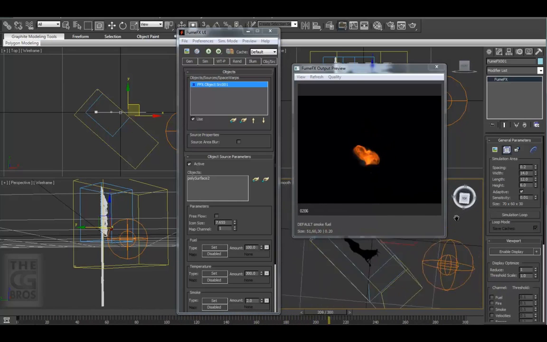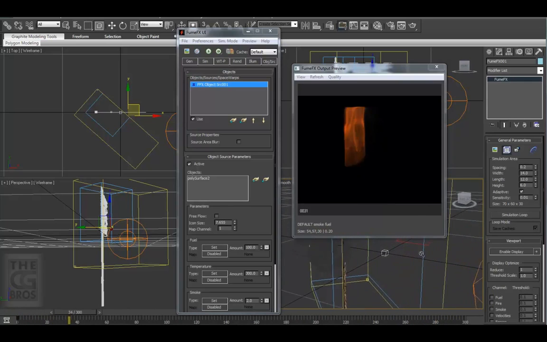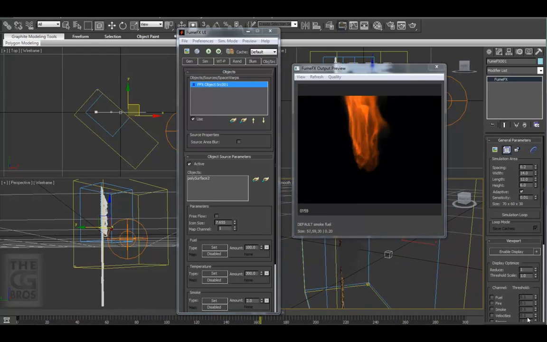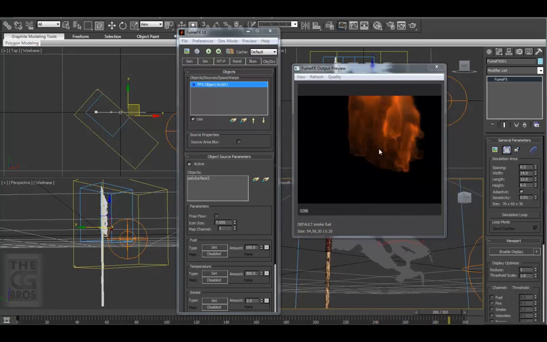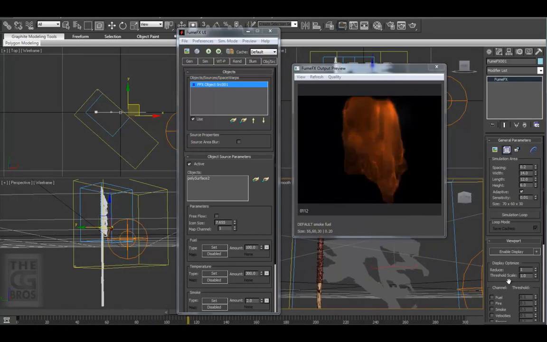I want to show you that you can also navigate the viewport and see the preview updating in real time, even while the simulation is in progress. That's pretty cool. We can immediately see that while there is some promising motion, there isn't very much detail. So let's start tweaking. Let's move over to the Sim tab in the Fumefx UI